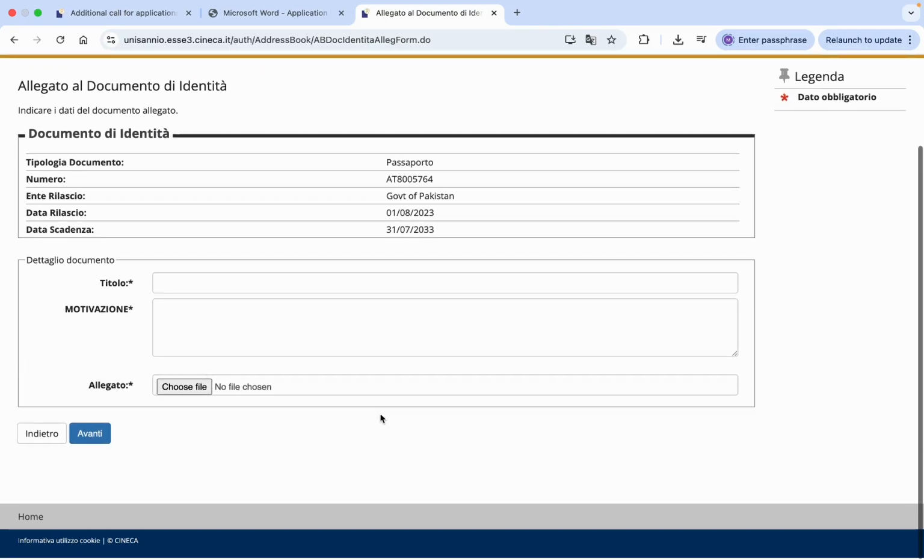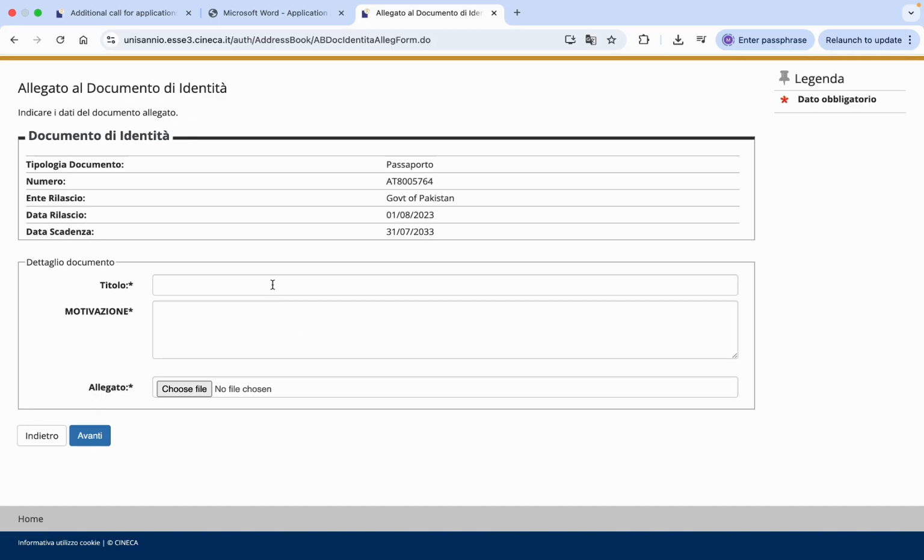So we will arrive here. Here first you have to write the document name. So let's say passport, and then motivazione is motivation. So you can just write identity document,